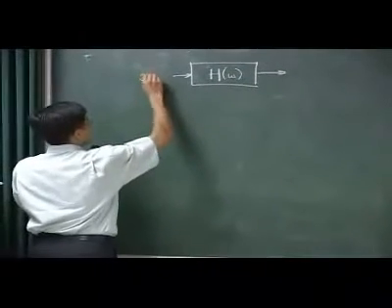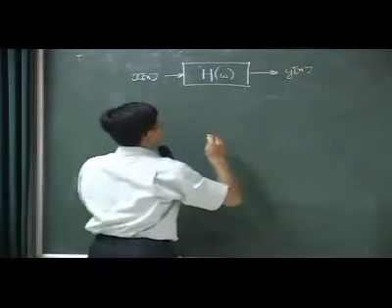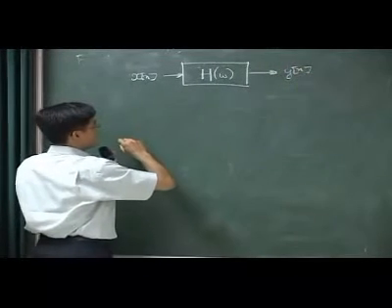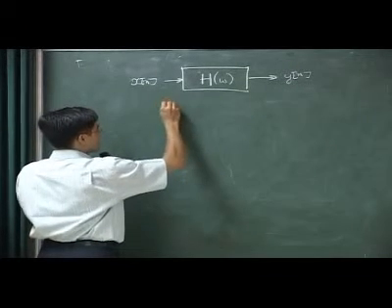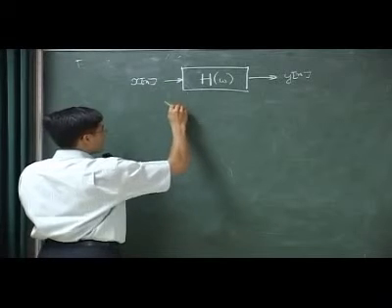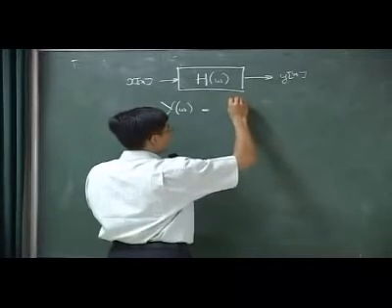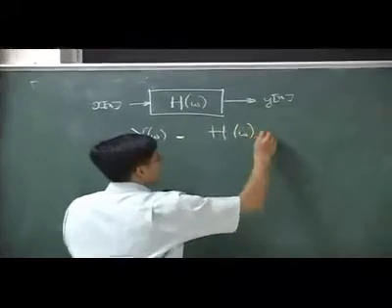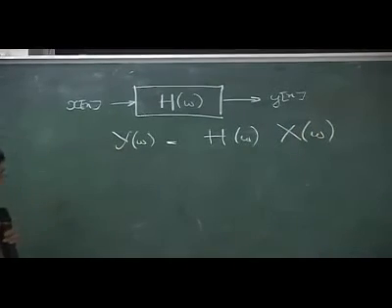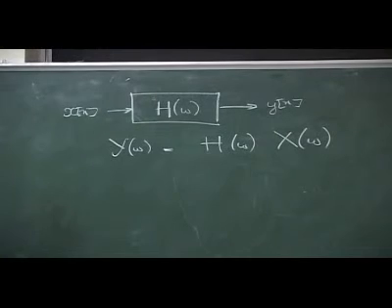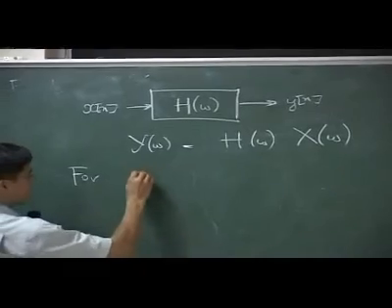So we have a signal X here and Y here, and we know there is a very important theorem saying, first, Y(omega) equals H(omega) times X(omega). And the second thing is for X and